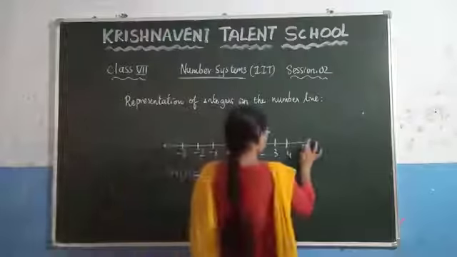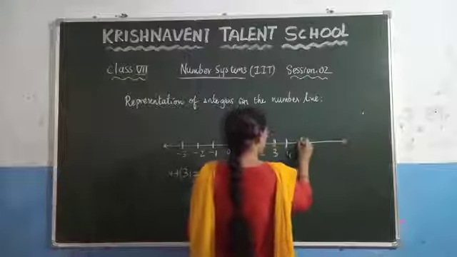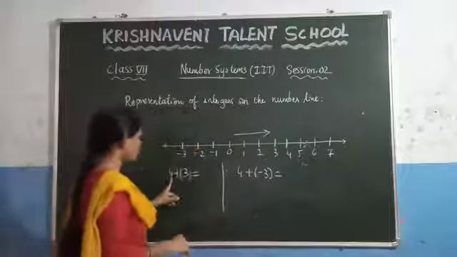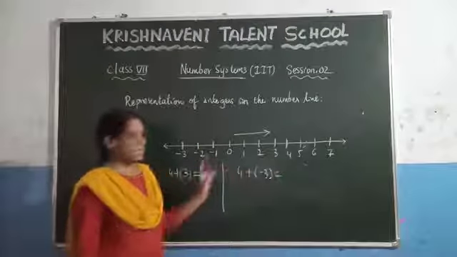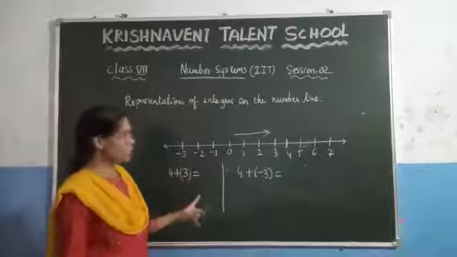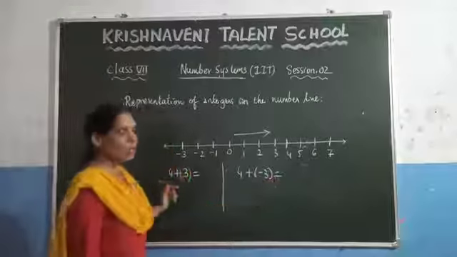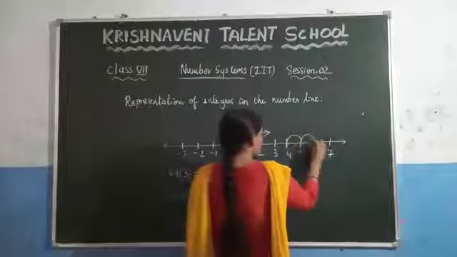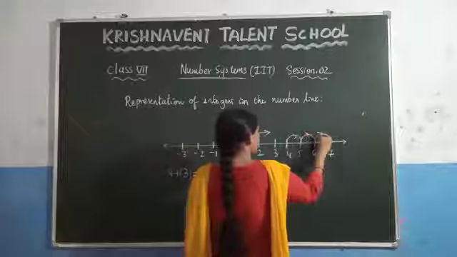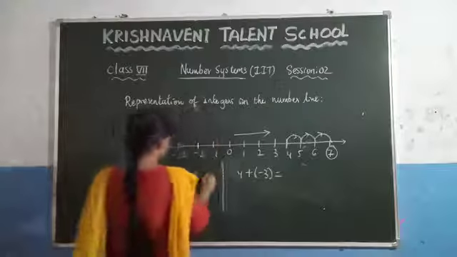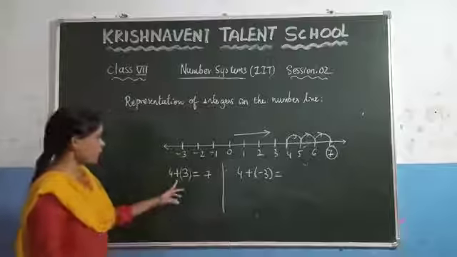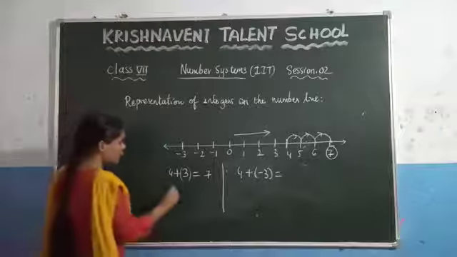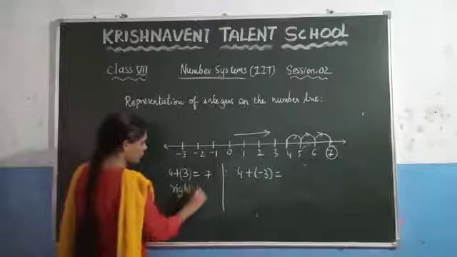So at this point, extend the number line and write a few more numbers. What we need to do: first you need to go to the first number, which is 4. Since we are adding a positive number, you need to go to the right side of the number line. How many steps do you need to move here? 3 steps. So move 3 steps, 1, 2, 3. So what will be the answer here? 7. So while you are adding a positive integer, in which direction are we going on the number line? Right side of the number line we are moving, right?